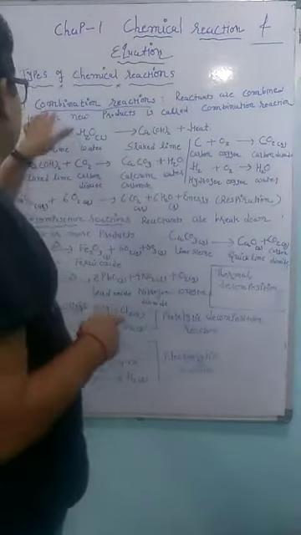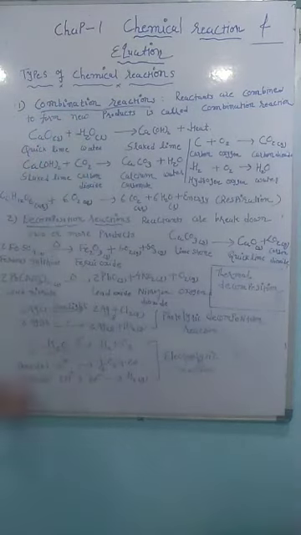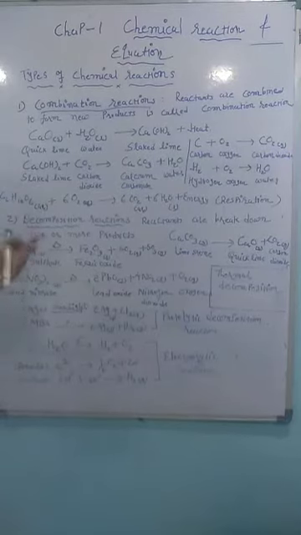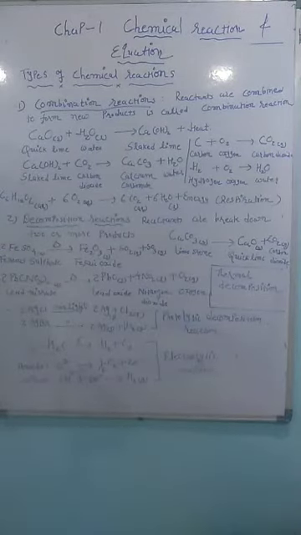Okay. So first we will learn about the types of chemical reactions. First, we have the combination reaction. Whenever you learn about the combination reaction, you must remember that something is combined. When reactants are combined to form a new product, that reaction is called the combination reaction.